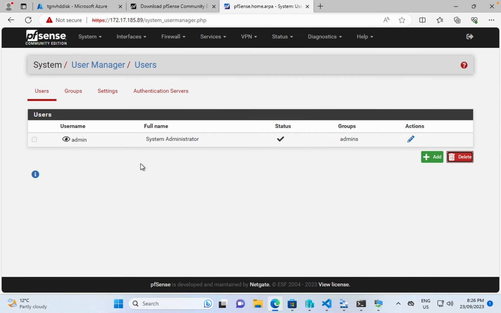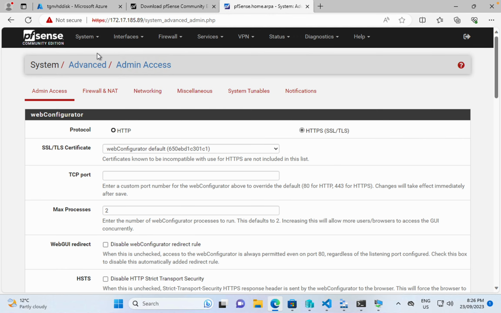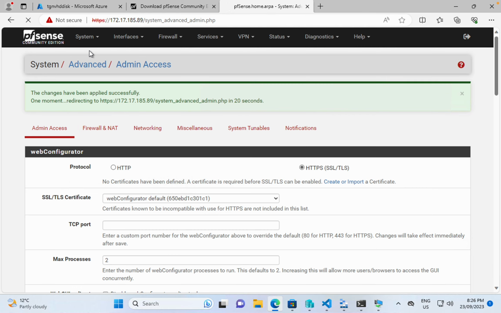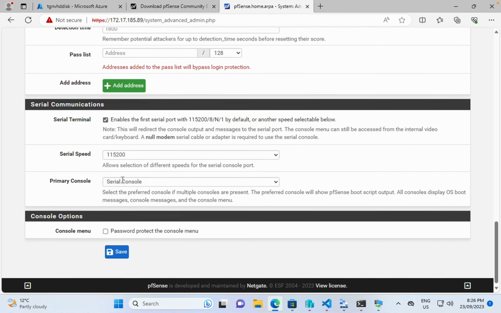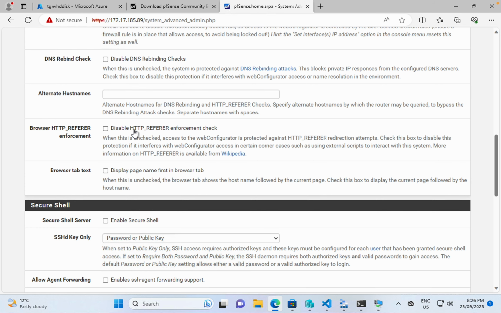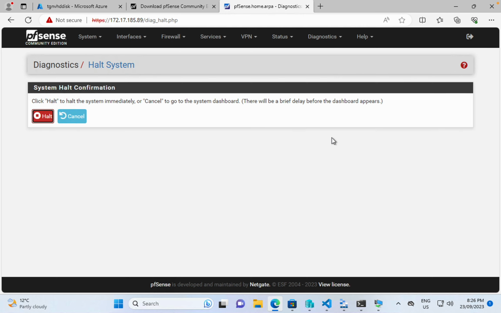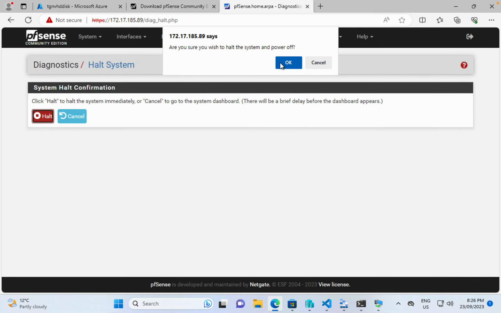And then go save. Now there's a couple of things we could do. You could tweak everything and then upload it, but the important thing is we want a serial terminal and serial console. I want to save that. Then we want to just have a look at one other thing. You might run into this, but you might not. But you might need to disable that enforcement check if you ever find it warns you about it, but don't worry about it now. So I'm just going to halt the system. So halt our VM,